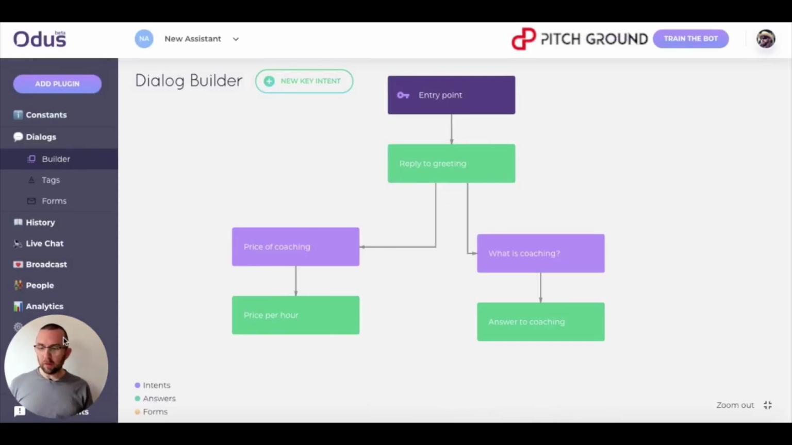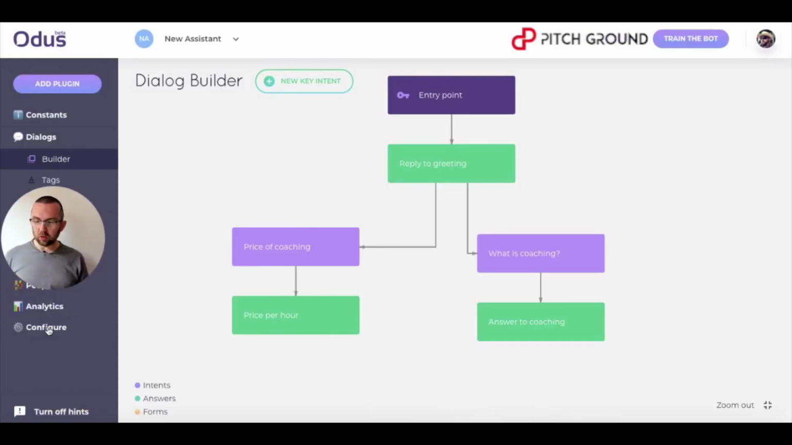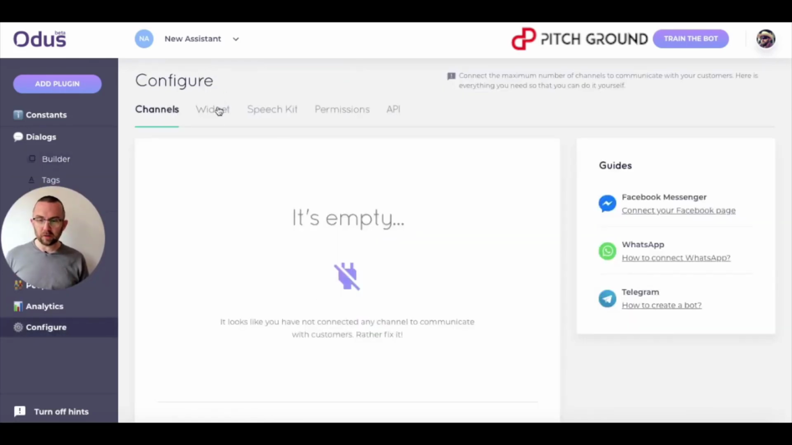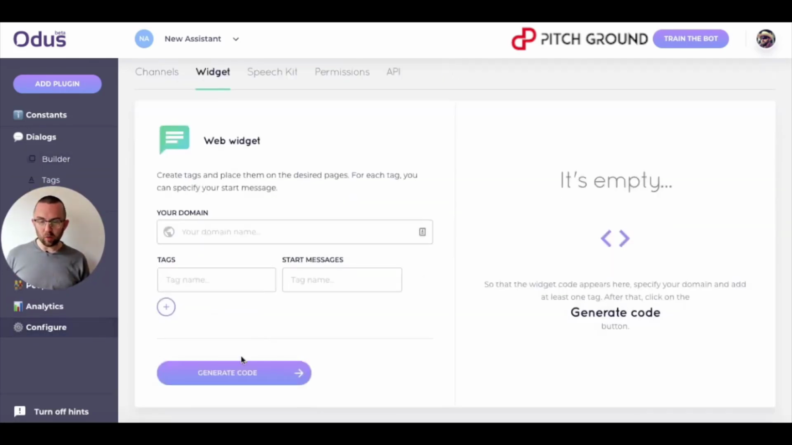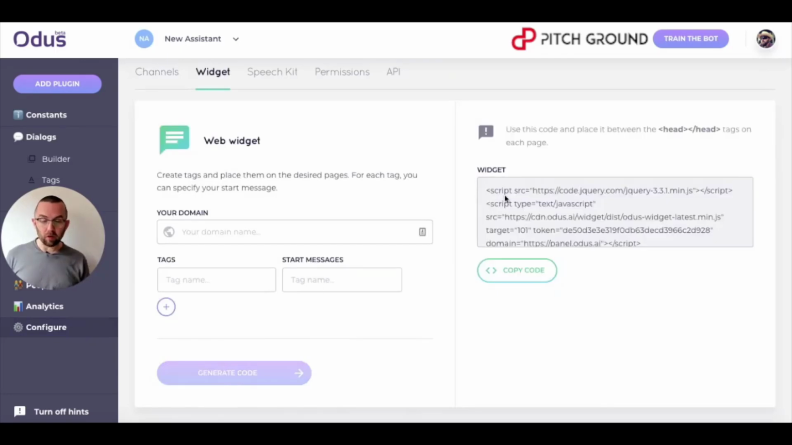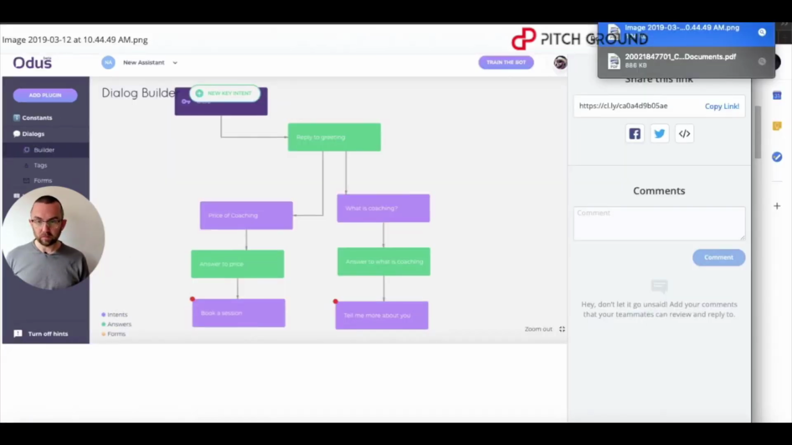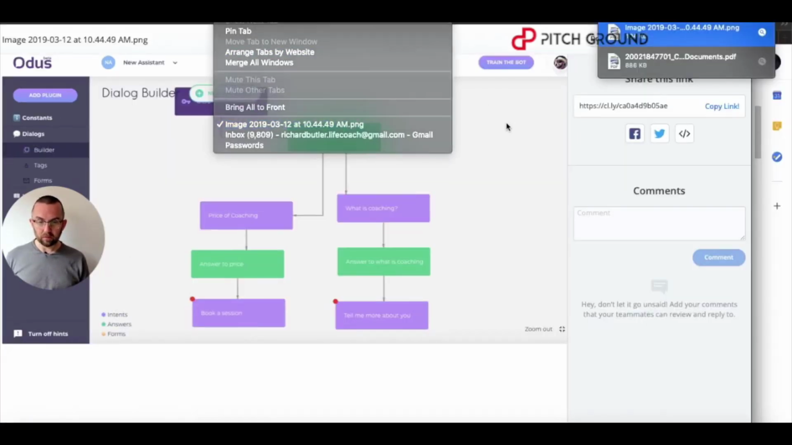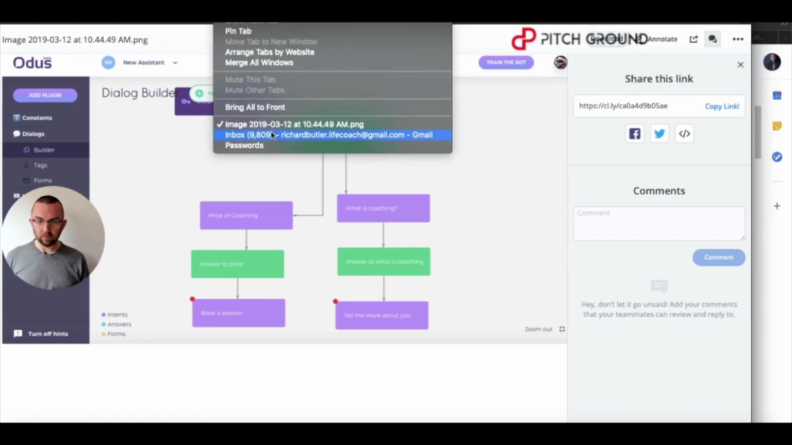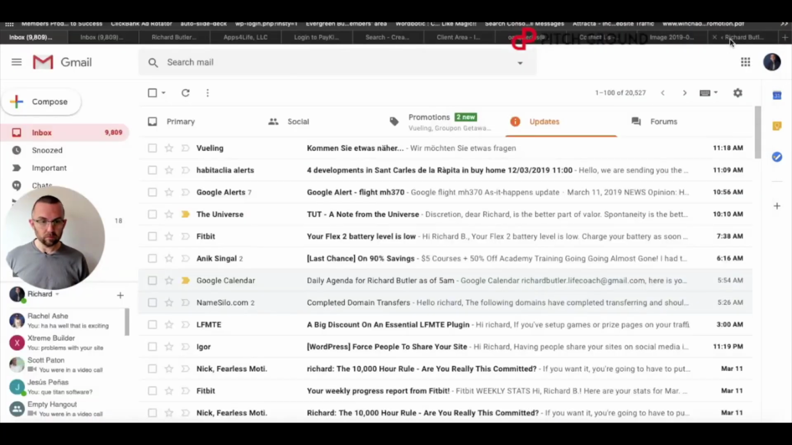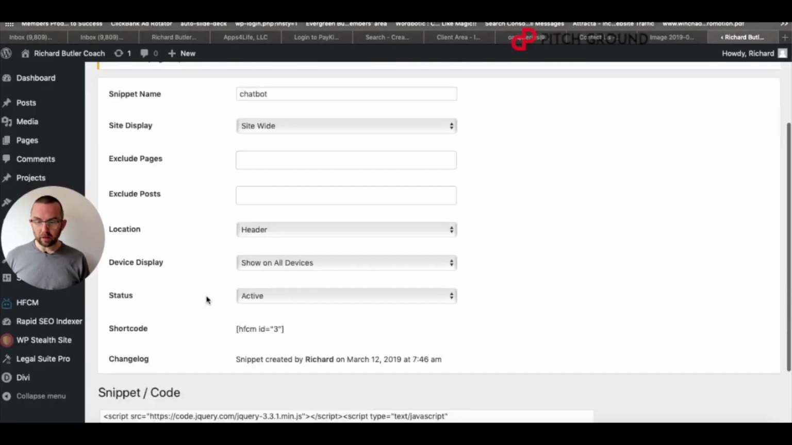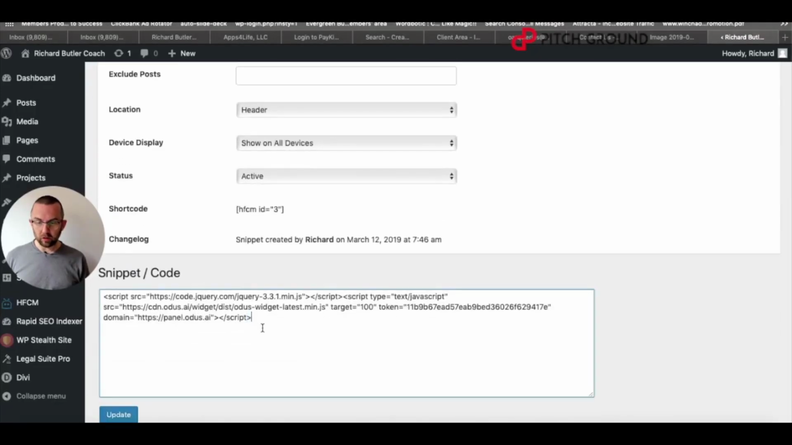Okay, so the bot has been trained. Let me just go to configure, and I'm going to configure this bot on my website. So I'm going to get rid of the other one that I had, and I'm going to copy this, and let me just go back to my website. So here I am back in my website. I'm going to get rid of this code here, and I'm going to paste in that one. I'm going to update,